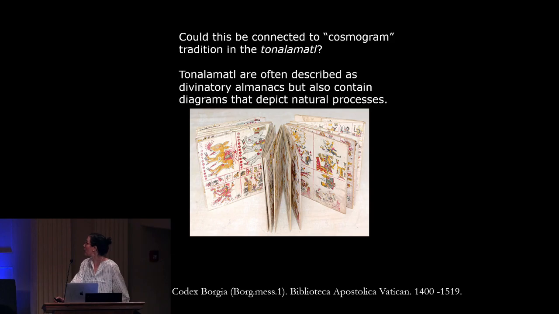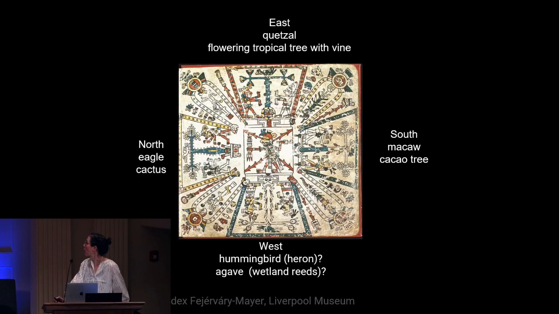going back to the Tonalamatl, what I decided was that a certain part of the Tonalamatl, which is referred to as the cosmogram, could be read as an ecological diagram, and that a notion that roughly corresponds to our idea of ecosystem is being conceptualized in these. So what we have is east, south, west, north, with east and south tracking with our ideas of tropical ecosystems,